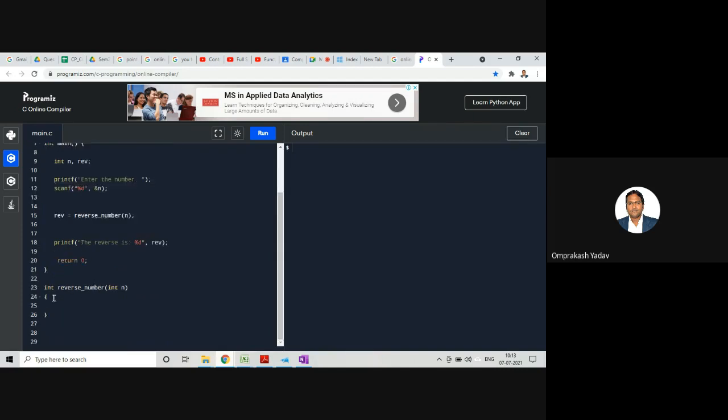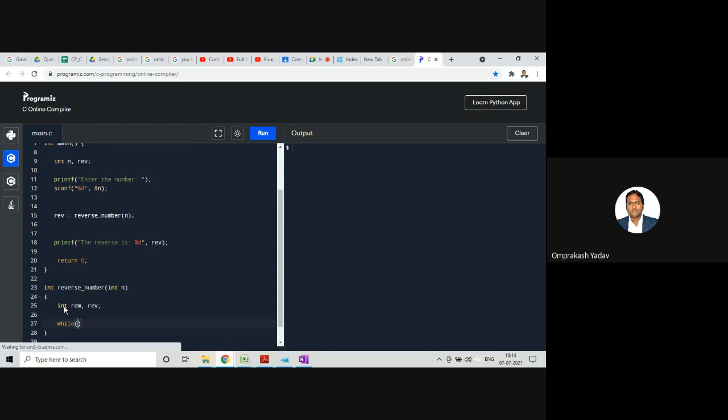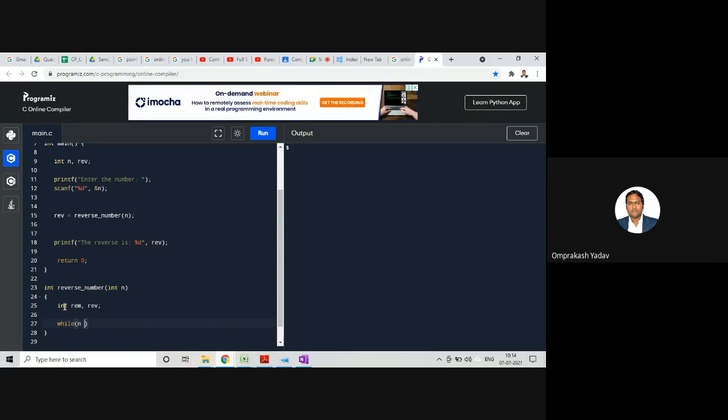And then let's define it. So how to define it? First let's declare the variables, remainder, and then reverse number, right? And now what we will do, this same program we have done with a loop also, right? So while n is greater than 0, first we will get remainder is equal to n mod 10.